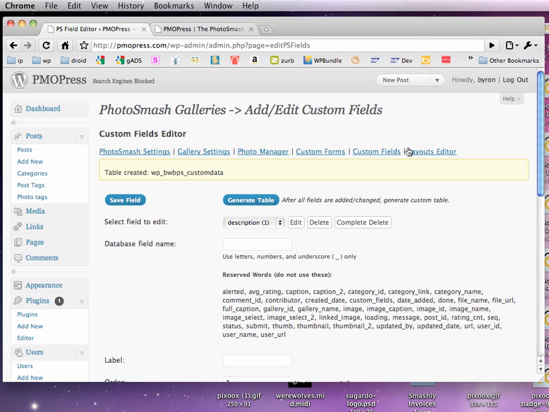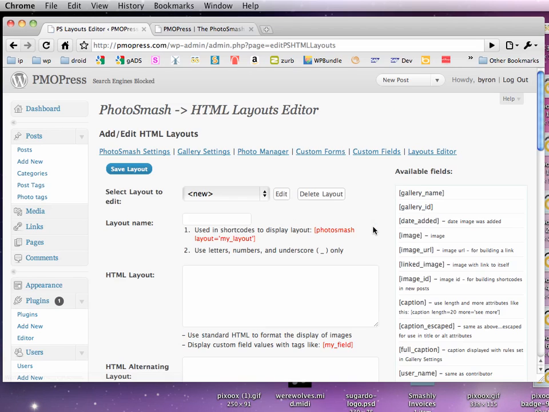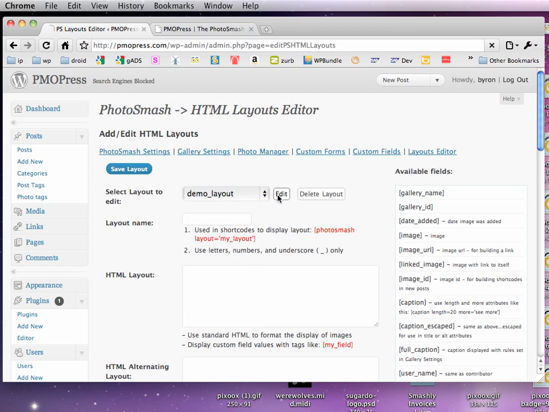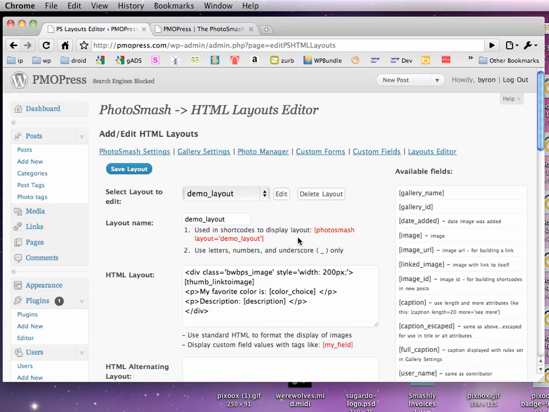Okay, we're ready to go ahead and add these to a layout. I've already created a sample layout here called Demo Layout, and I've already added those two fields to our layout. If they weren't here, I'll go ahead and delete these so you can see what it looked like. This would give you a basic